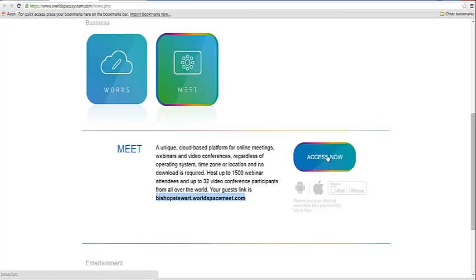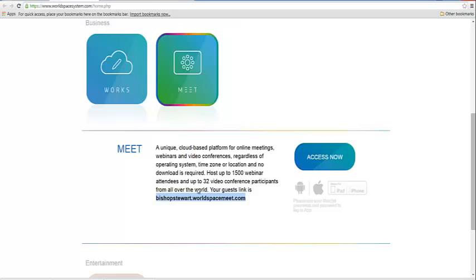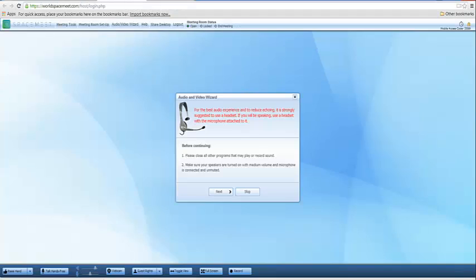So now what we want to do is just simply click Access Now. So you should store that link, this link right here somewhere, so you always know what it is. It's just going to be your username.worldspacemeet.com. My username is Bishop Stewart, so it's bishopstewart.worldspacemeet.com. Okay, so then as soon as you log in, the first thing it's going to ask you to do